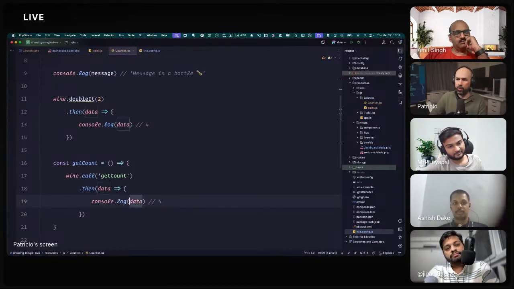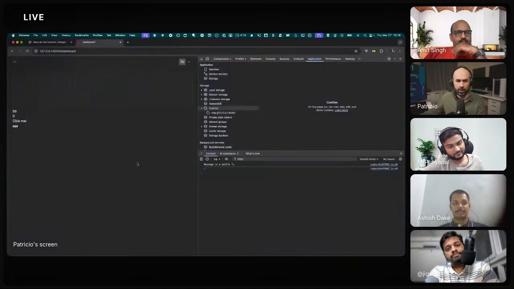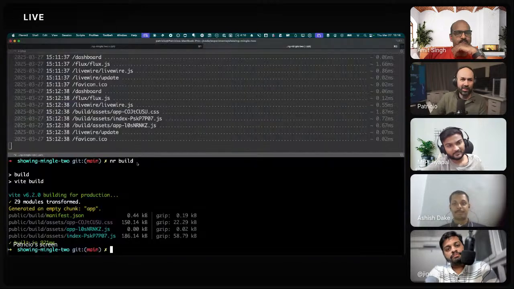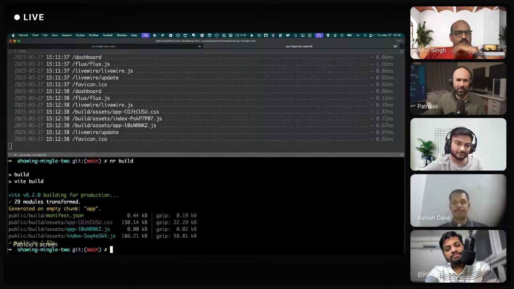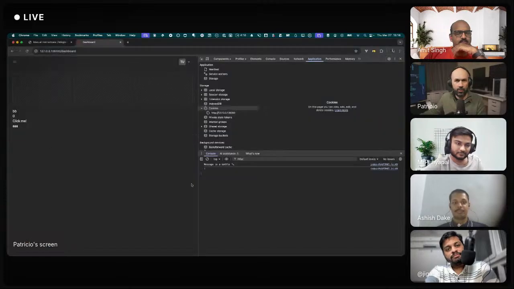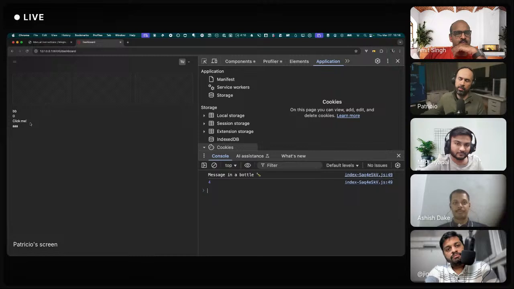On data, we will see count. So I would expect, as it is, to see 3 when we click the button. Should we try it? Yes. Moment. My computer issue, I'm sorry. So let's go. I'll refresh the page, and I'm going to click the button, and I would expect to see the current count, which is 3. And we do.